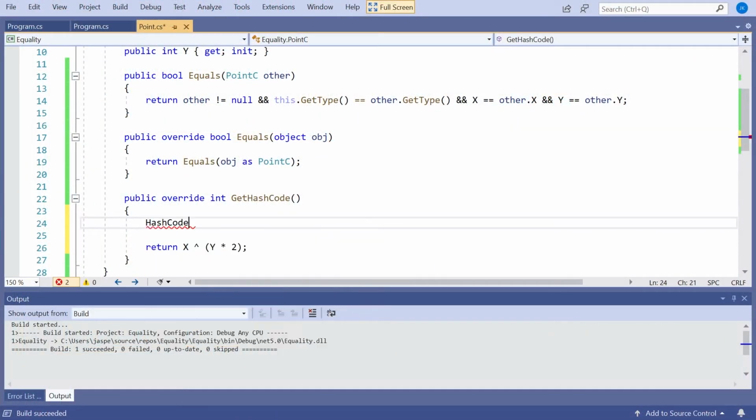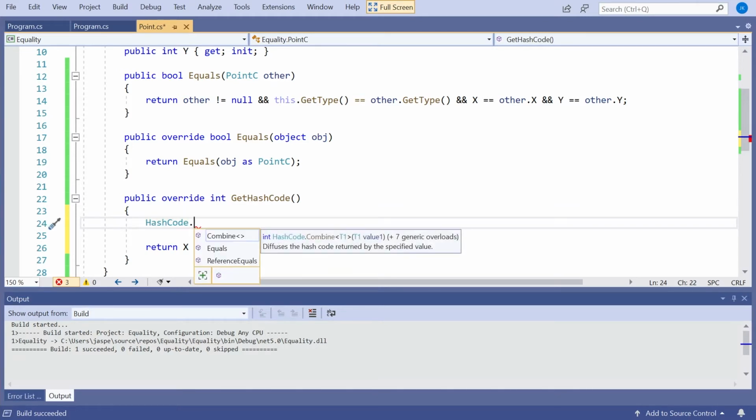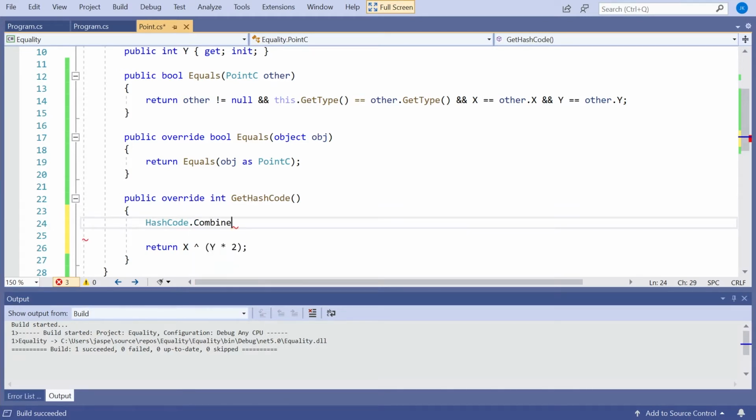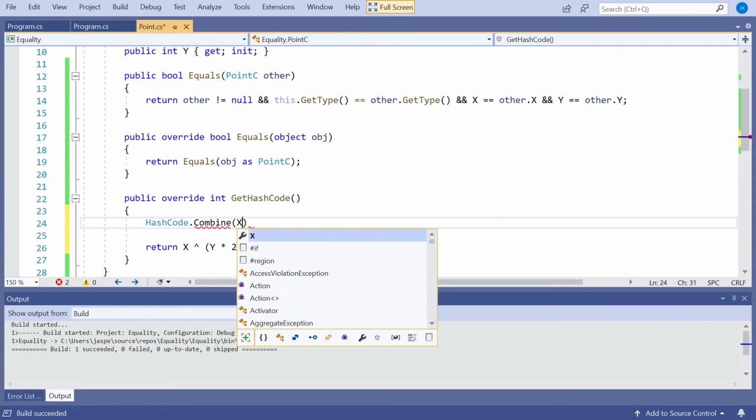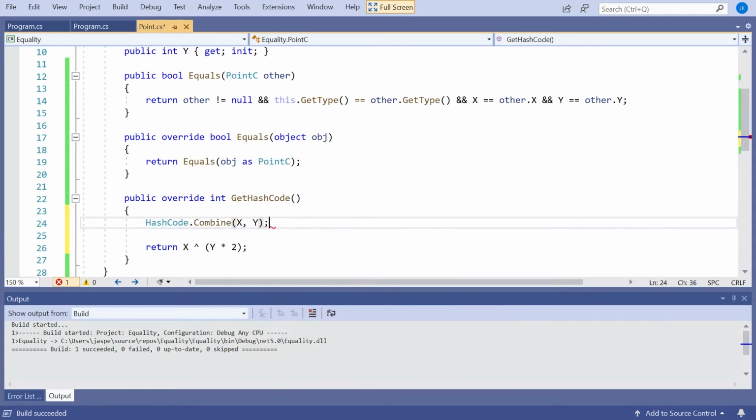So what I can do is just get this HashCode data type, and then it has a method called Combine, which basically takes the objects we want to combine. So in this case, it's just x and y. And then underneath the covers, it calls their hash codes